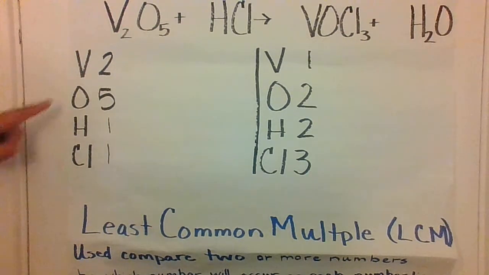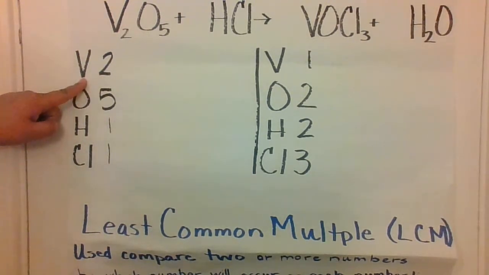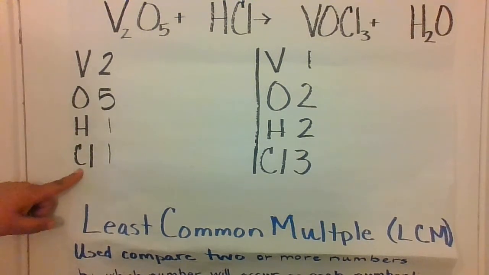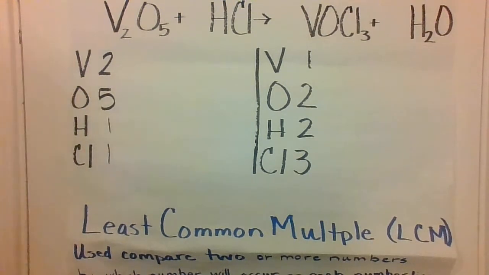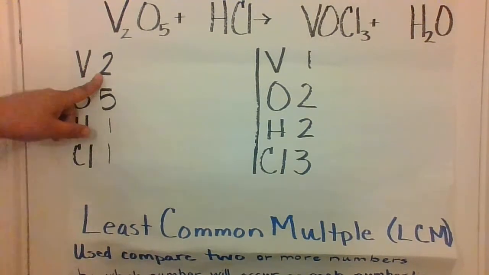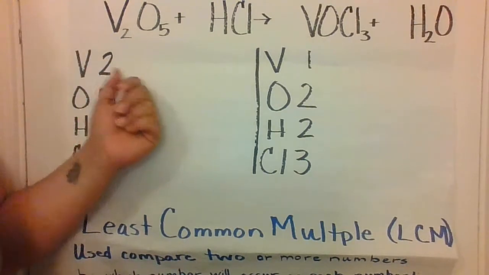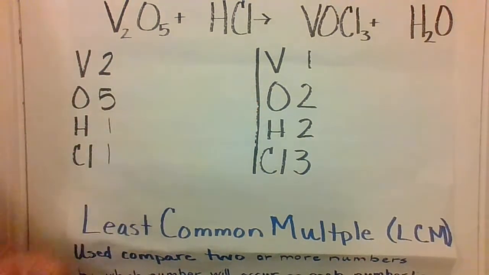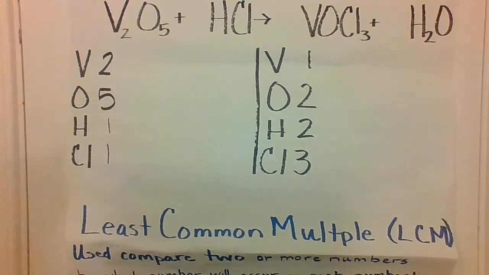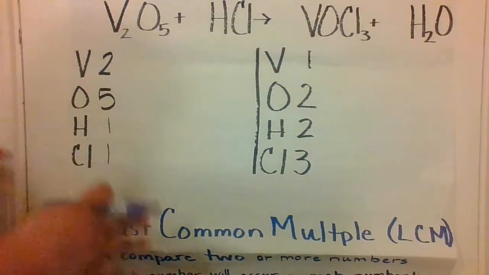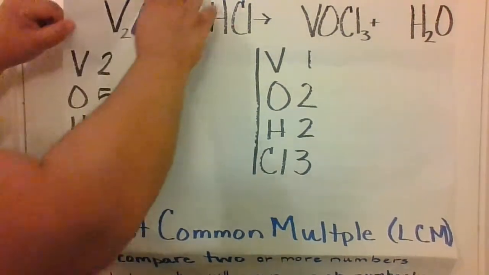So it looks here that my first element and my last element are not hydrogen or oxygen, so I'll start with those. I have two V's on my reactant side and one on my product. So I'm going to first start with adjusting that particular element in my compound. So here I know in order to get the least common multiple, I will touch on that first for those